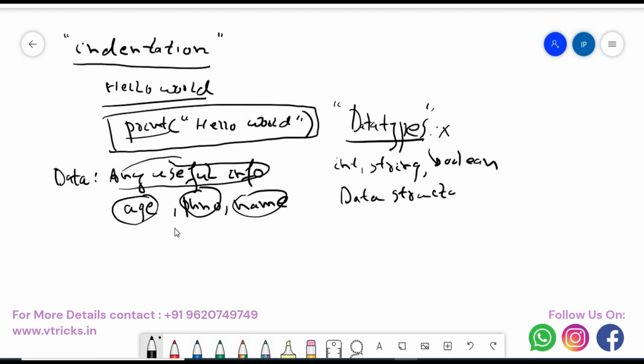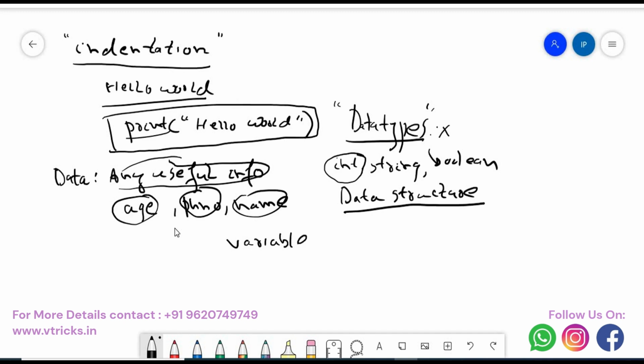If you get a question, why are we not worried about the data types? Because Python automatically takes care of assigning the data types for your variables. Now comes the question, what is a variable? Anything which varies is a variable.